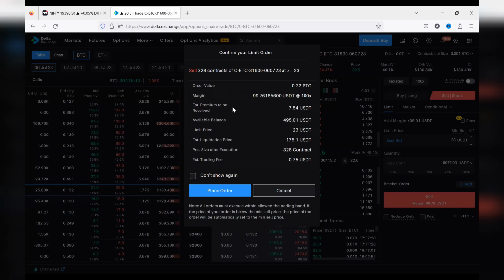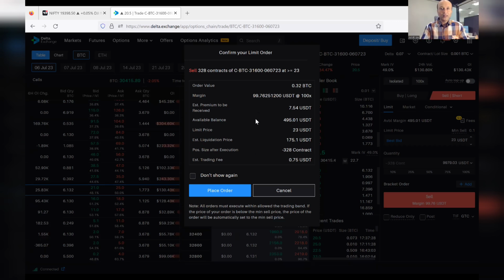So the estimated premium to be received, मतलब अगर ये क्लोज हो जाता है तो यार मेरे पास कितना पैसा बनेगा. एक दिन में मेरे पास में $7.54 आएगा. और आपने कितना पैसा दिया वो भी सोचो. You have only paid $100. तो मतलब 7.5% का रिटर्न 1 डे में बन रहा है। I'm not saying ये बनेगा, जरूरी नहीं है